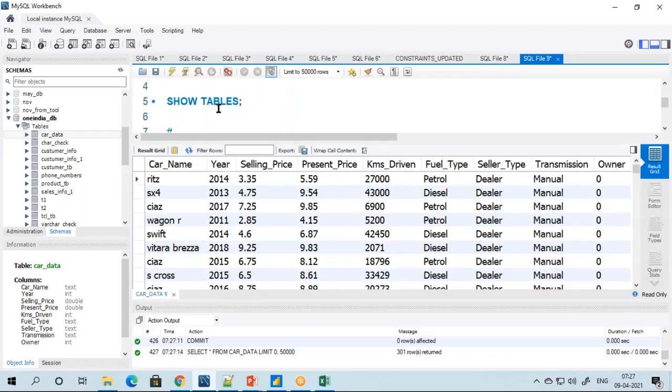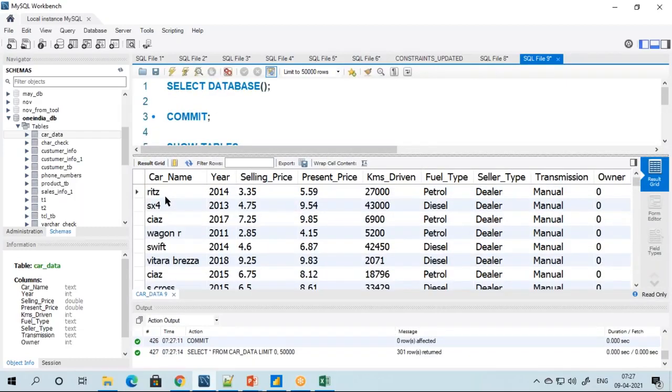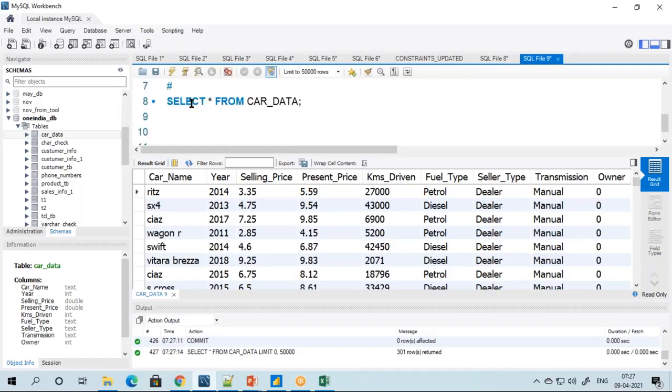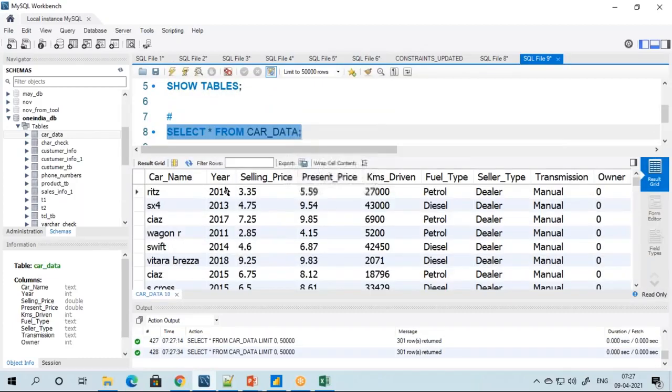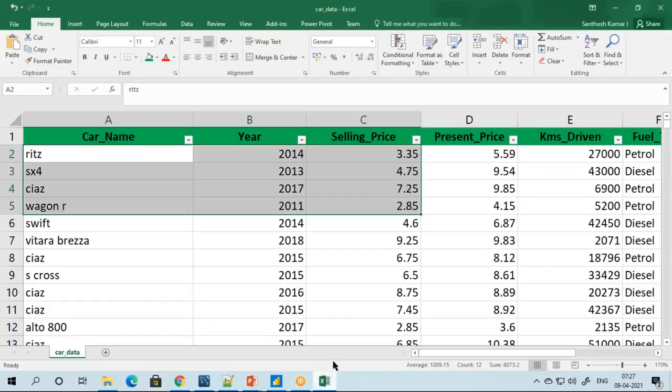So you remember when you were learning auto commit, I did an insert. Whenever I do an insert, I still do not give a commit. Only if I give the commit will it be saved in the database. That is the reason it was not coming. Now if I run select star from car data, this is the data which is available now, coming from this